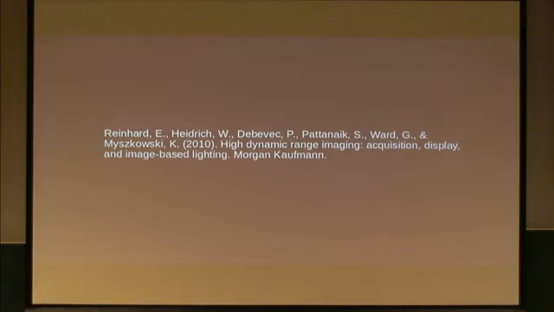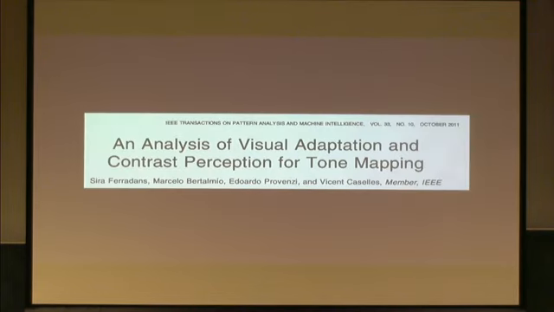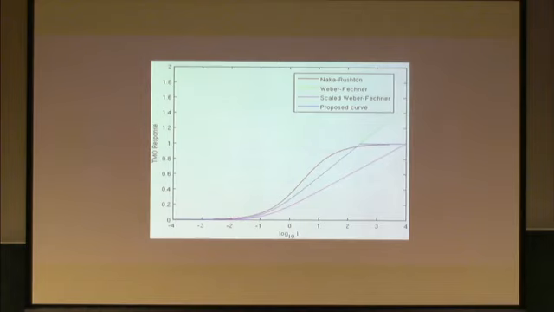This is an excellent book on high dynamic range imaging. The literature on tone mapping and high dynamic range imaging in general is vast, and this is a very good book that overviews and details all the concepts. I highly recommend it. A few years back, we proposed a tone mapping algorithm which was based on human visual perception, and it consisted of two stages. In the first stage, we approximated light adaptation following Weber-Fechner's law in the pulsed condition. I will not go into details over there.